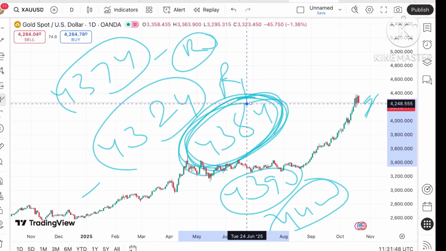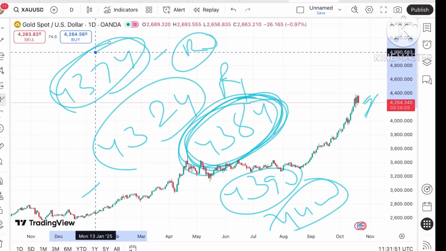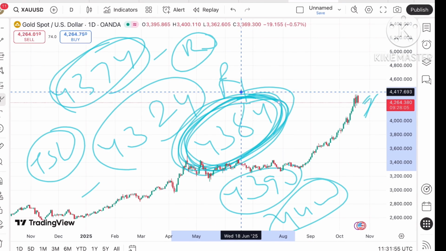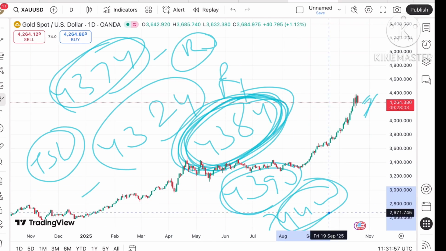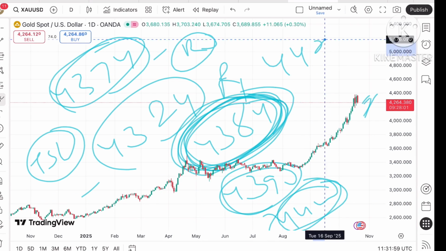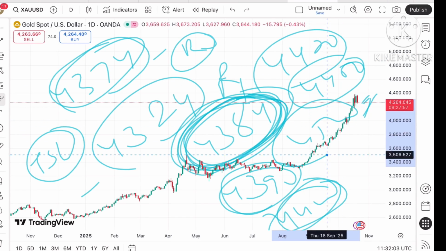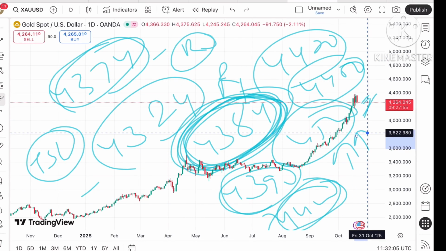After 43.74, trail your SL, because the probability of crossing a level of 43.84 is on a higher side, and a chance of touching 4400 can be seen, towards a level of 44.20 to 44.50, and then it can touch a level of 4500, and then a further upside can be